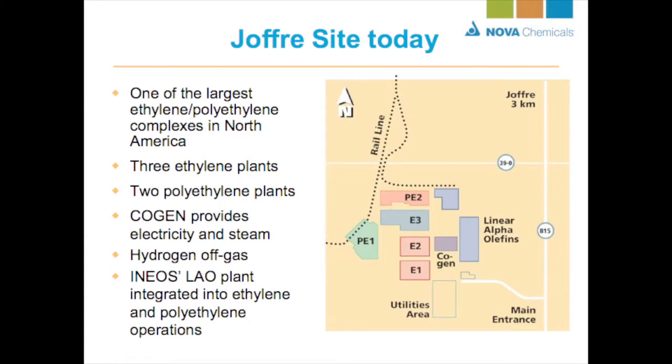So this is a map of what Joffre looks like today. If you're not familiar, we're out about 13 kilometers east of Red Deer, off Highway 11 and west of 815, just north of the Red Deer River, and that's in Lacombe County. We're one of the largest ethylene polyethylene complexes in North America. We have 3 ethylene plants. The first one, E1, was built probably about 1979, followed by PE1 and E2, and in the J2000 era, E3